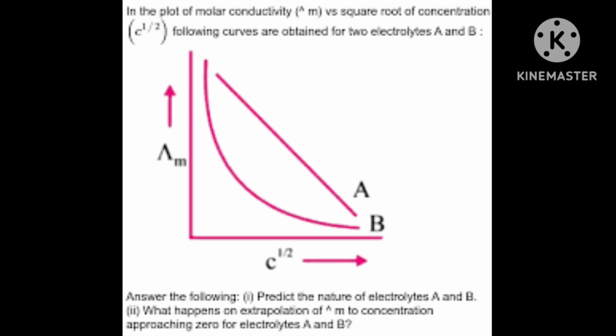But area may be some value, A, you consider. Then what will be the total volume? Area into length. Then A may be some value, maybe 30, 50, 20, 10. Any value A may have. But if length is 1 only, if length is unity, L is equal to 1, then in that situation